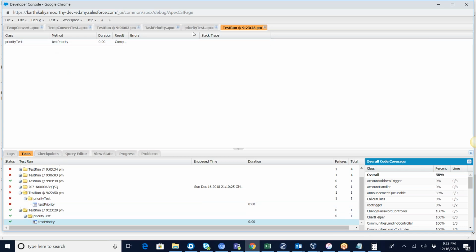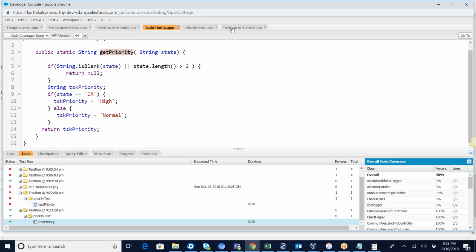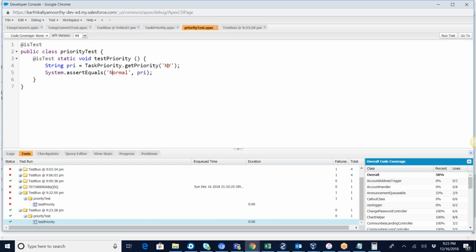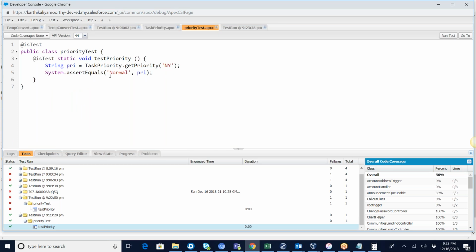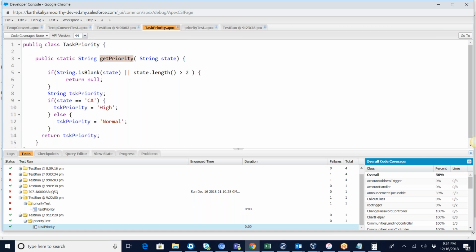So if you see it in the test class, before that, let me tell you something. I pass New York, and it returns normal, and then this is my statement, right? And it passed. And this is my test. This is my original class. If I just go and see the code coverage,